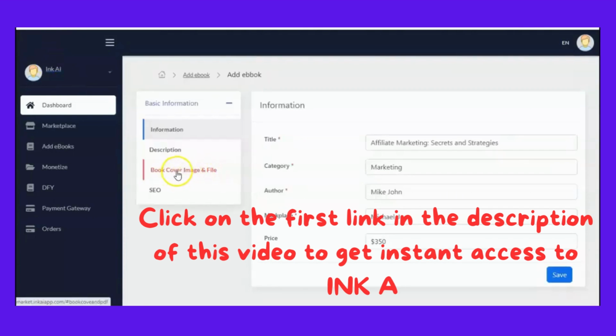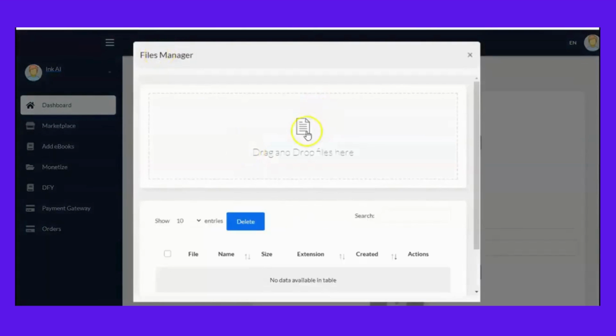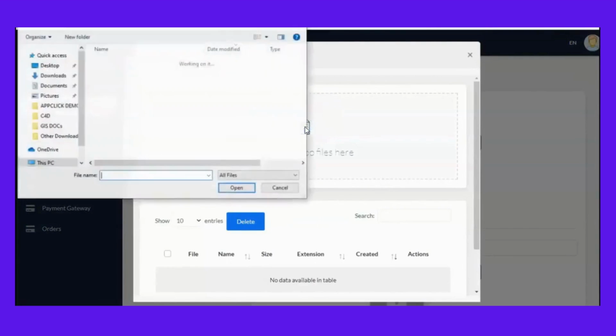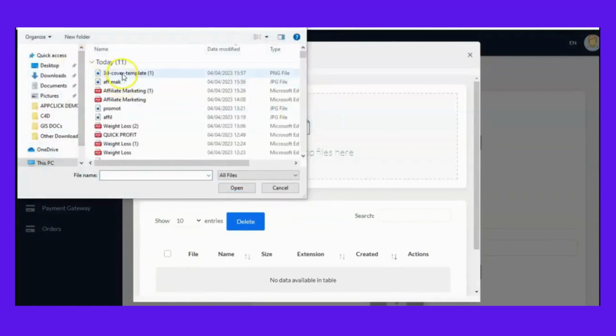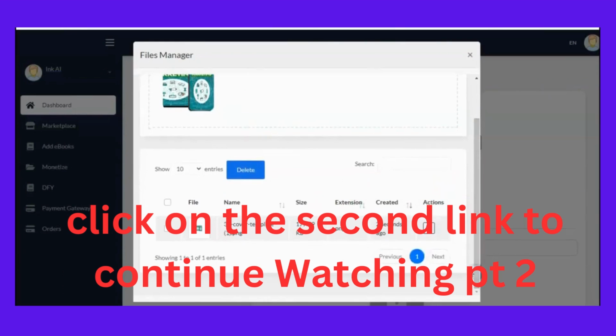So you also need to check your book cover imaging file here. Once you click on it, you have to input them right here, right? So the cover image, right, you click on browse, and you have this page. Then you click on this icon, and you can upload your cover design here, right? See, file upload successful, right? So it's like that. You have to scroll down, then you click